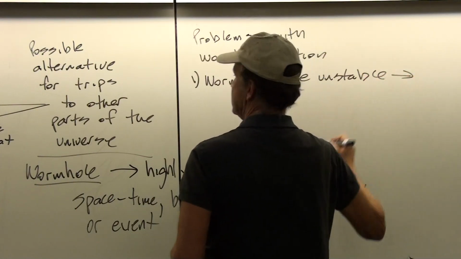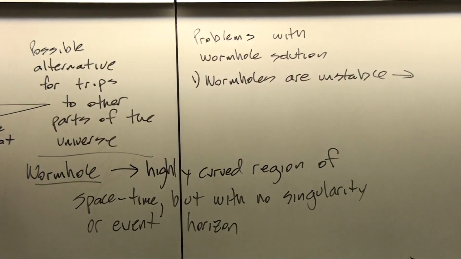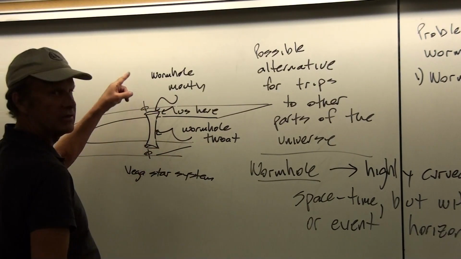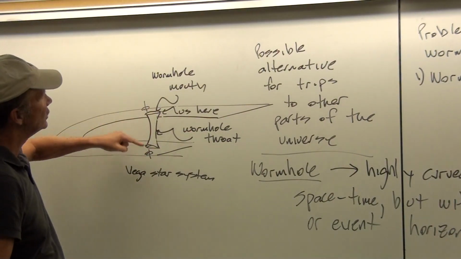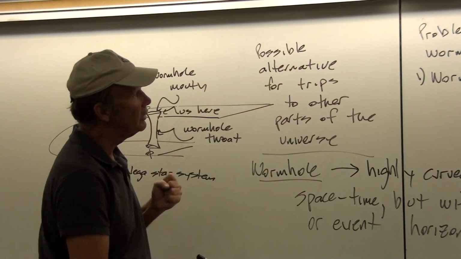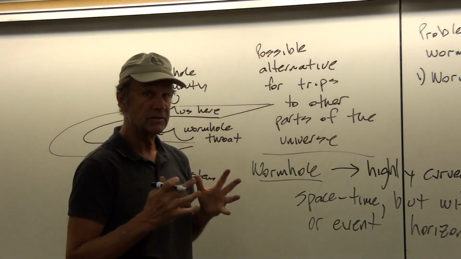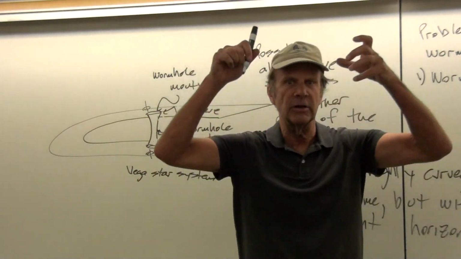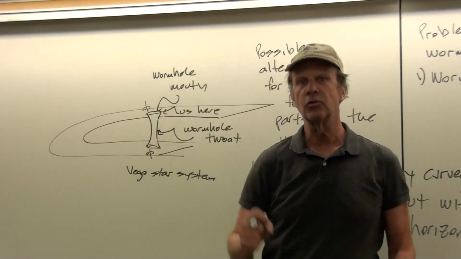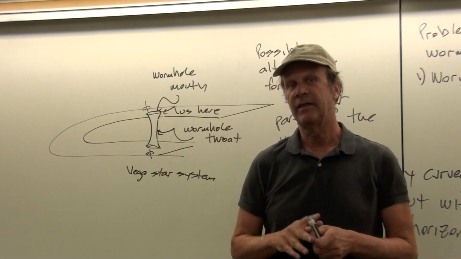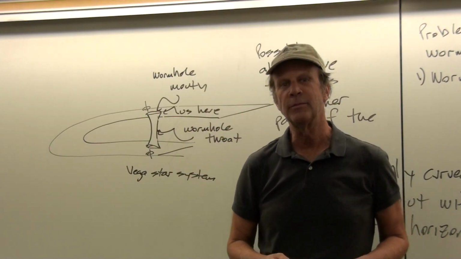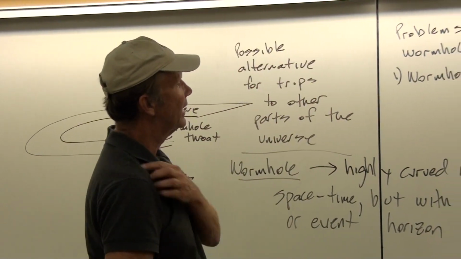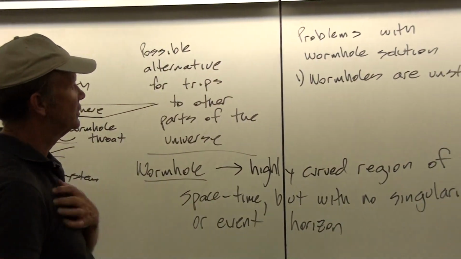And so what you would need then is some kind of an arbitrarily advanced technology, maybe with space stations that could thread matter and energy through the wormhole throat in order to maintain the stability of the wormhole. Because just the act of a rocket ship flying through could cause the wormhole to pinch off. And that means that your space and time would just be ripped to shreds if you tried to fly through without some kind of stability.